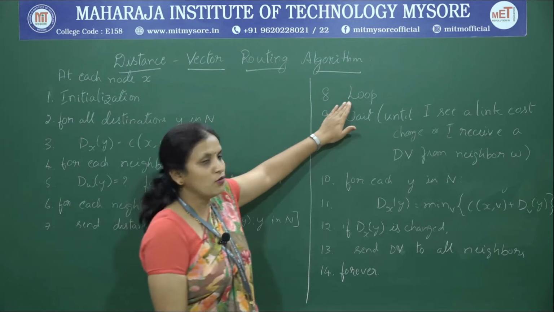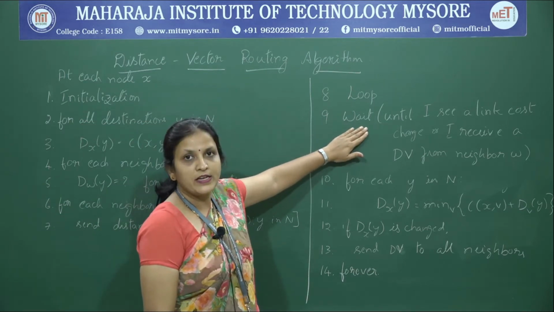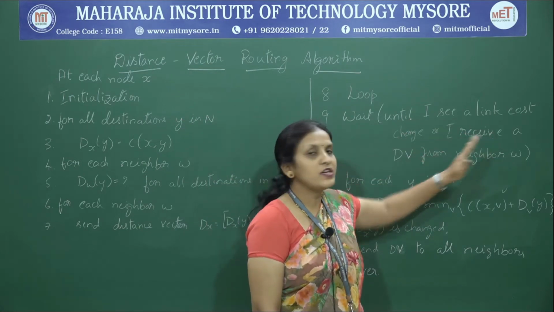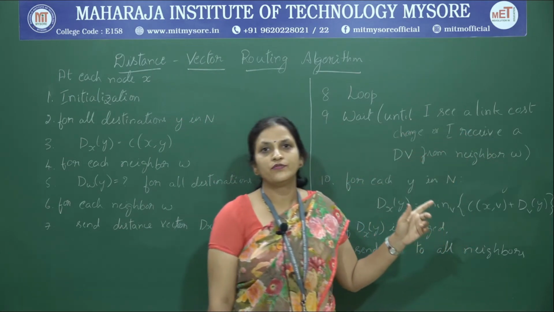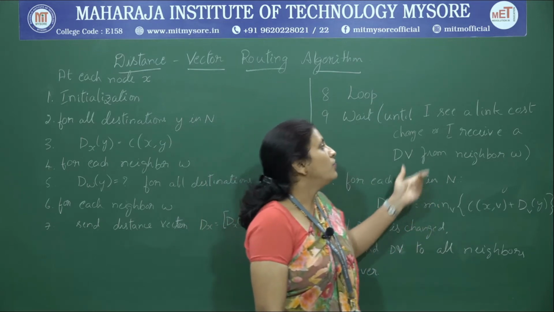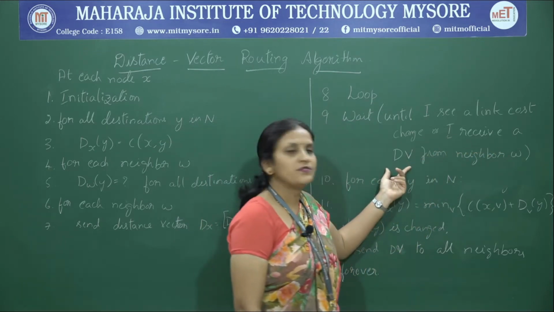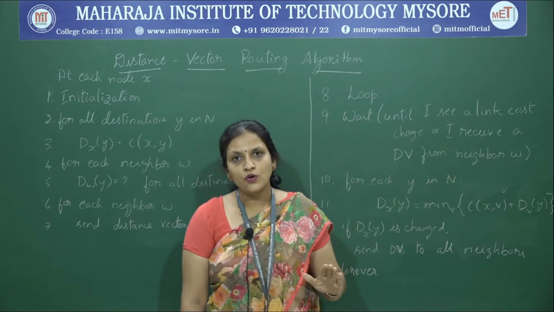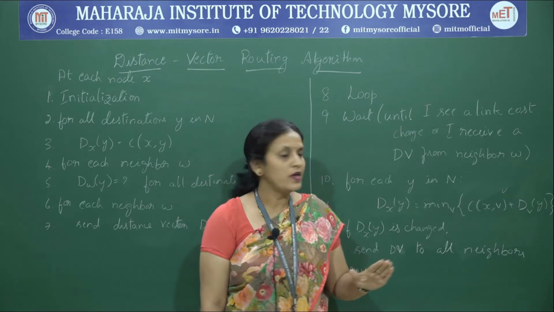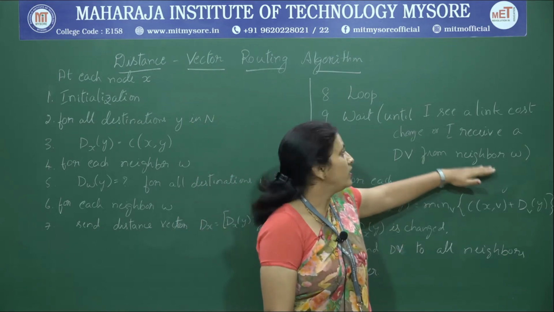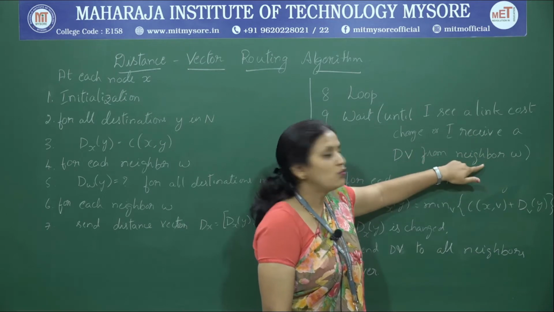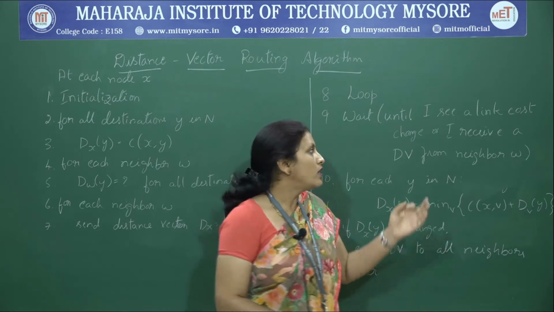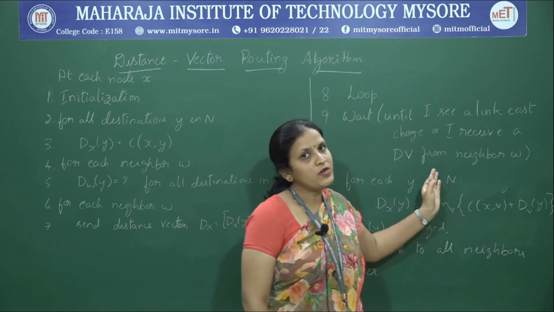Then we will move on to the loop. Here it asks us to wait until we see a change, either a change in the link cost of the network, or a distance vector received from its neighbors. Until that time there will be no least cost path calculation happening. Once it gets an update in either of the two forms, a change in link cost or a distance vector from its neighbor,